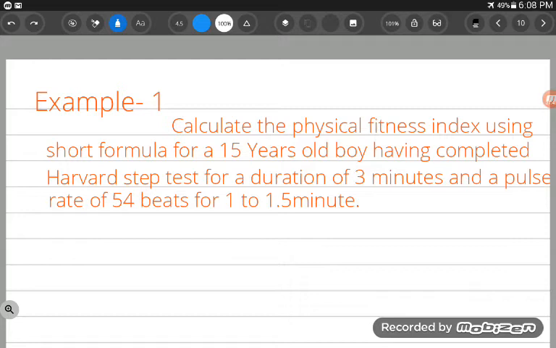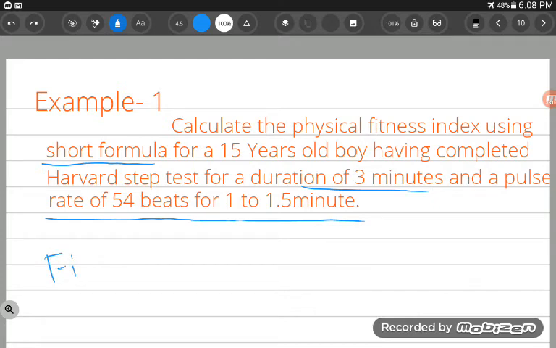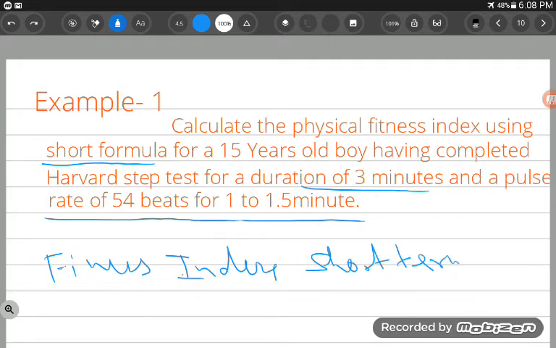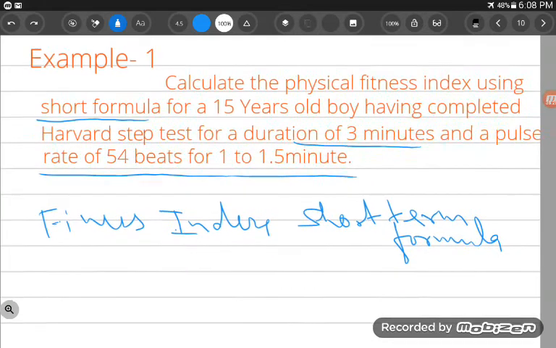Calculate the physical fitness index using SART formula of the 15 years old boy having completed Harvard step test for a duration of 3 minutes, pulse rate of 54 beats for 1 to 1.5 minutes. Which formula will you use? Fitness index, short term formula is equal to